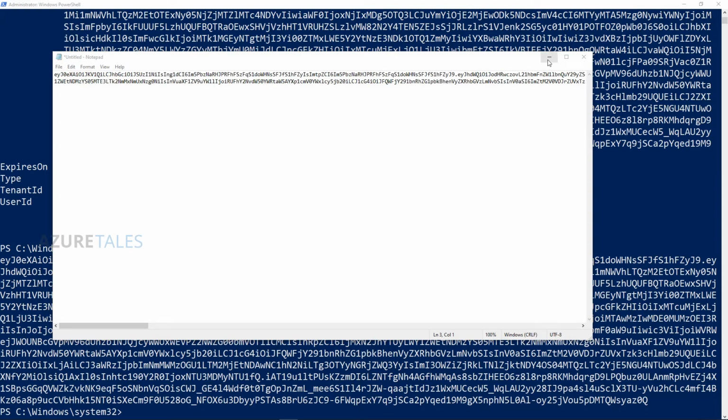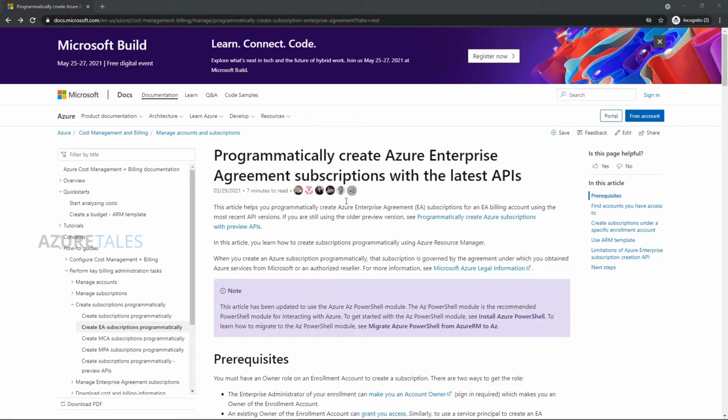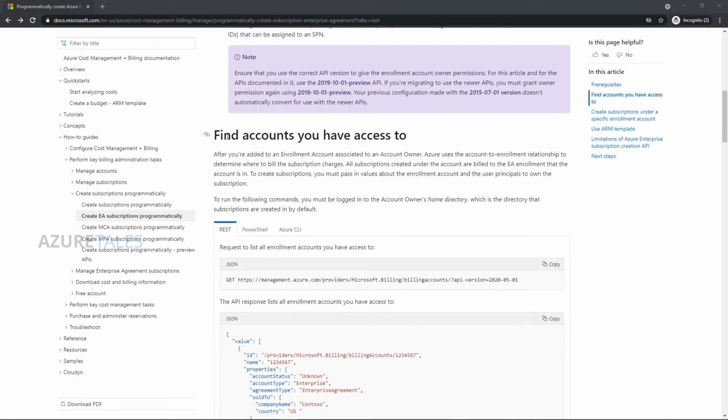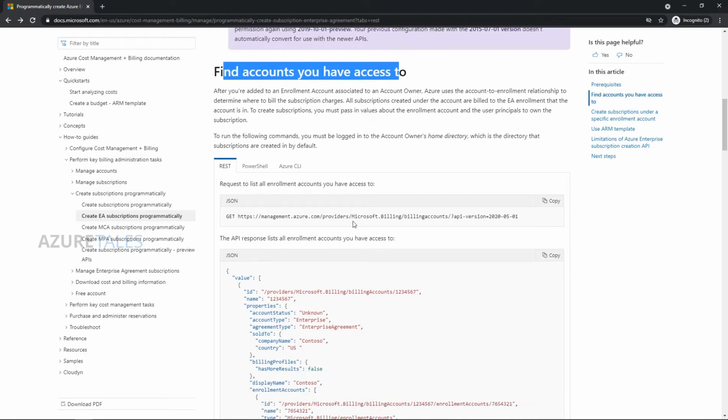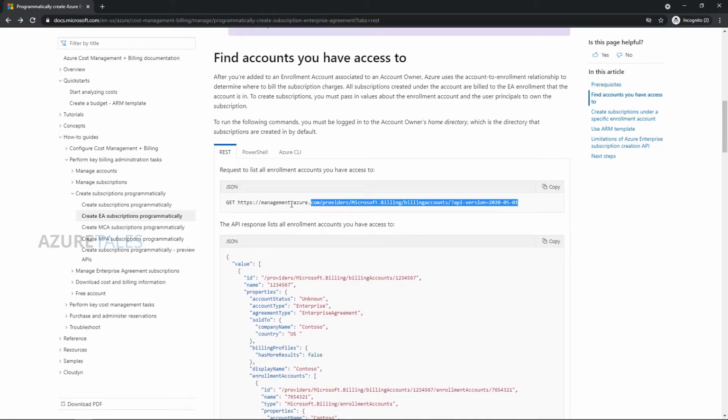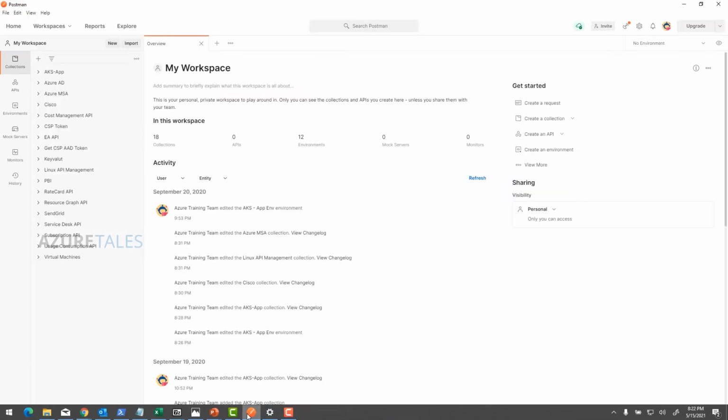So let me open the documentation. This is a documentation where it says programmatically create Azure Enterprise Agreement subscriptions with the latest APIs. If I scroll down, there is an option which says find accounts you have access to, and here is the API call that I have to make. So I'll just copy this API call. I will open Postman